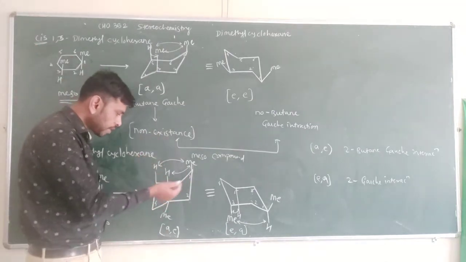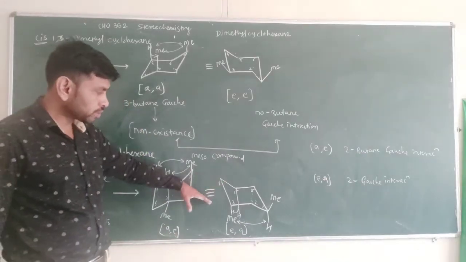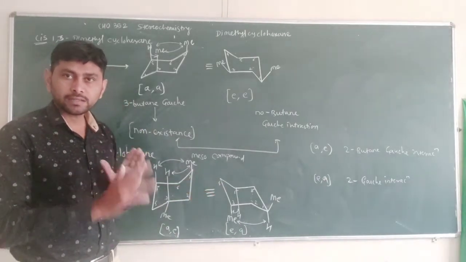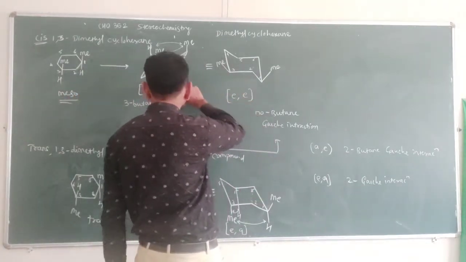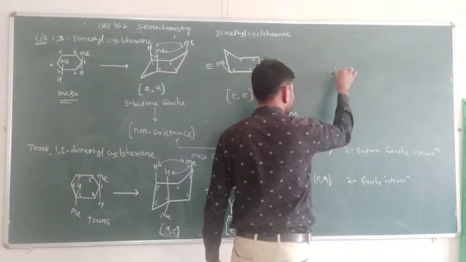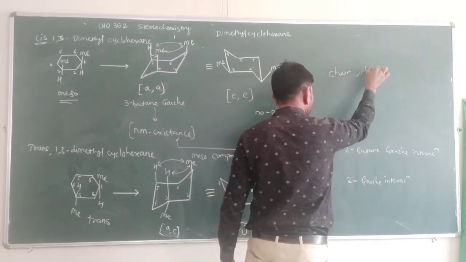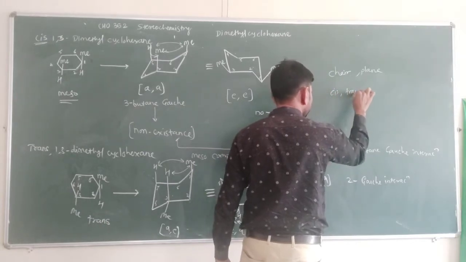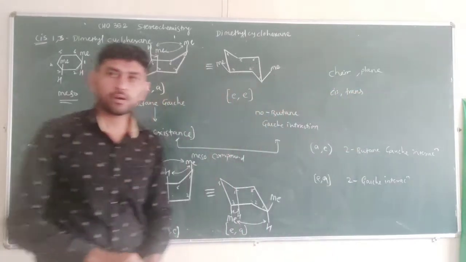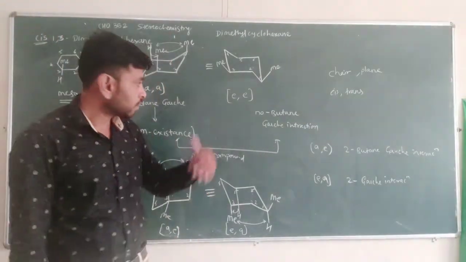But when we pass the sigma plane through both the molecules, we see that the compound is meso. So all the forms of chair conformation as well as planar, for cis and trans, are having different stability.